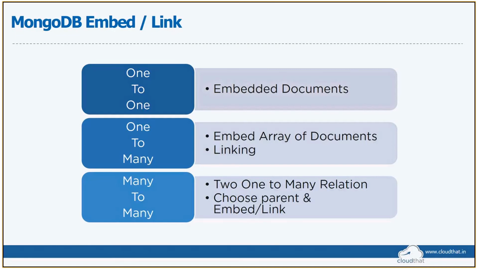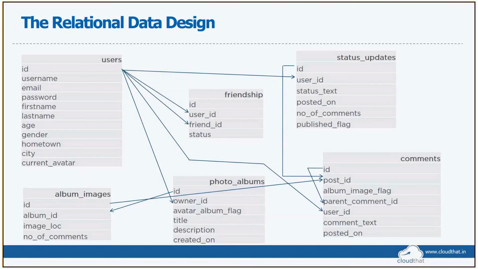So going back to the relational design, for example, I have users. Instead of having just one users table, I might have a users table which has just the user security information like password, first name, last name, email ID, and I might have one more table where I have user details which speaks about their hometown or city, etc. Here I'm dividing the same users table into multiple tables.